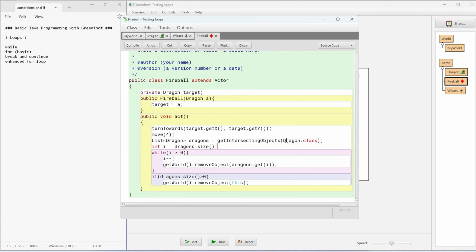But I can have a case with 2 dragons on top of each other, and I want both of them to die. The other thing I want is that after killing all dragons that the fireball touches, I want the fireball itself to also disappear from the game. So what I'm doing is, first I turn towards the target dragon. Maybe there's 2 dragons when I get there, I have no idea. I just know that I'm going towards one of them. And then I move 4, and then I check to see,